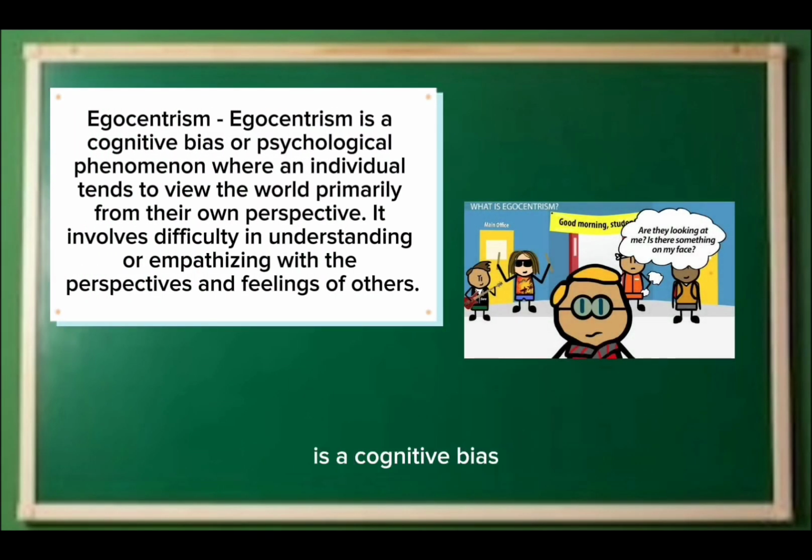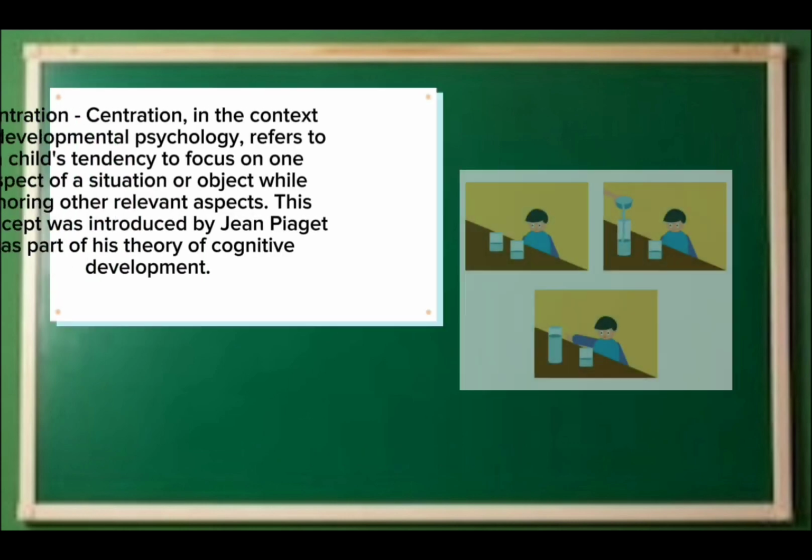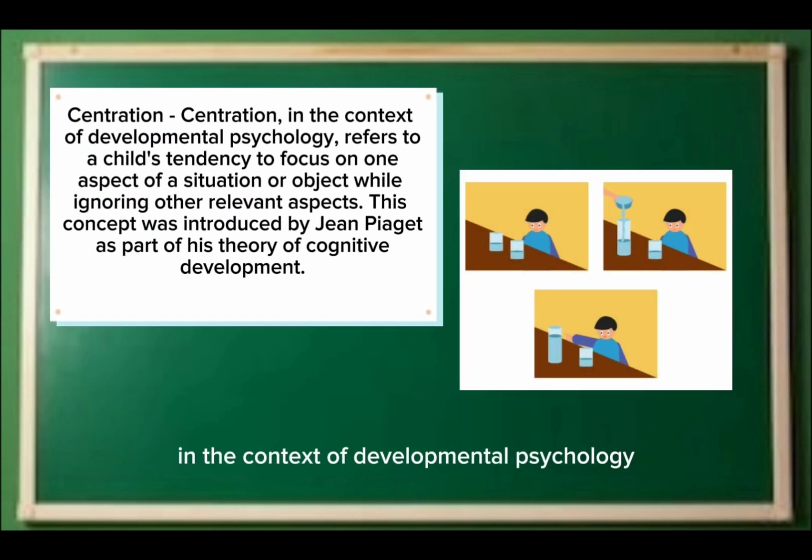Egocentrism is a cognitive bias or psychological phenomenon where an individual tends to view the world primarily from their own perspective. It involves difficulty in understanding or empathizing with the perspectives and feelings of others. For example, egocentric individuals often assume that others see, think, and feel the same way they do, leading to self-centeredness and a limited ability to consider alternative viewpoints. Centration, in the context of development